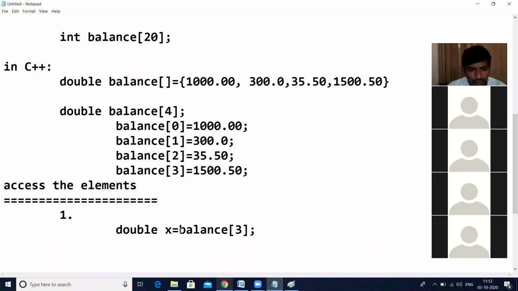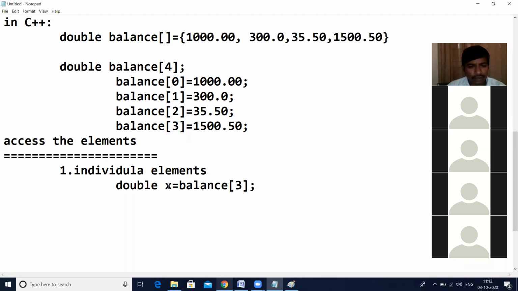That means whatever the third index element is, the element will be stored in x. Like that, it is accessing individual elements, any element. If you want to access any element this way, you can access it and store it in another variable also.